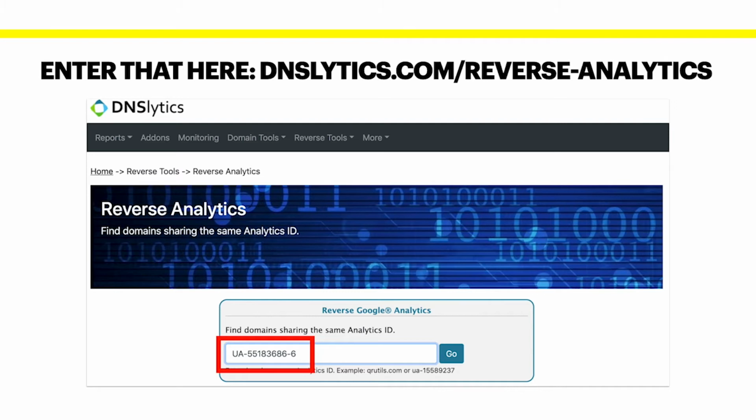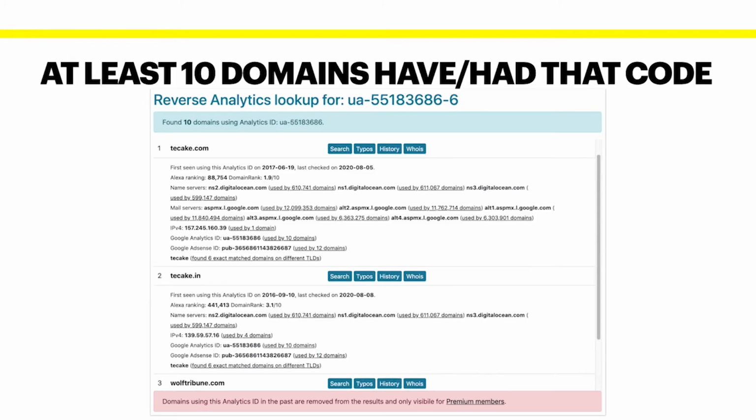Please open a tab in your web browser for dnslytics.com/reverse-analytics. Go ahead and pause right now if you need to get that loaded. And then, of course, you're going to open it up. It's going to bring you to a page where you can enter in that UA code. You can see here on the slide, I've put my UA code in, I've hit go, and this is what